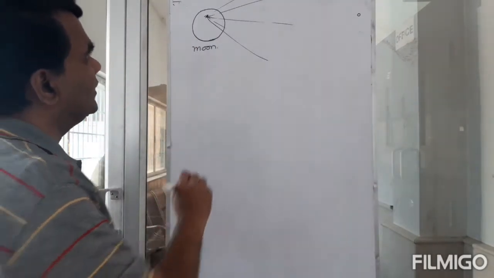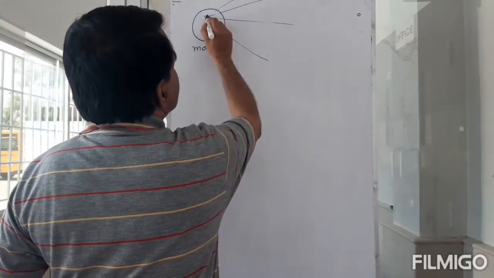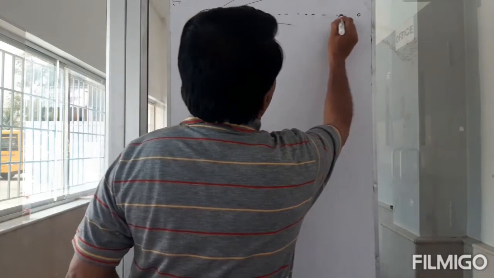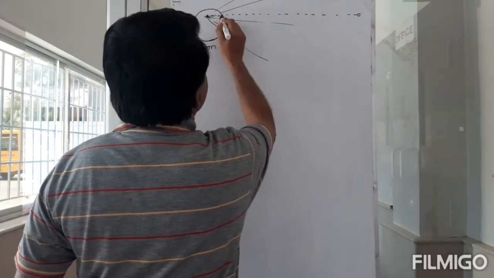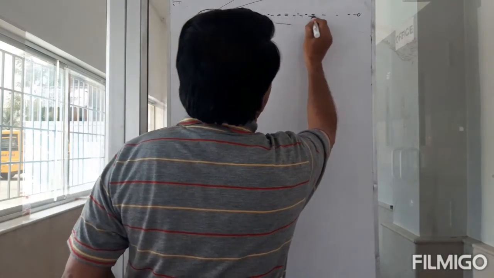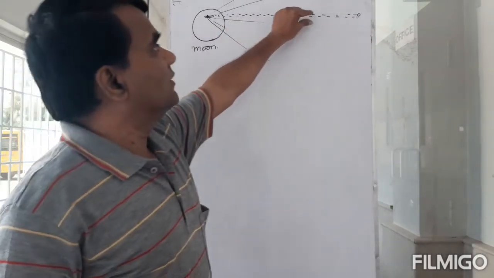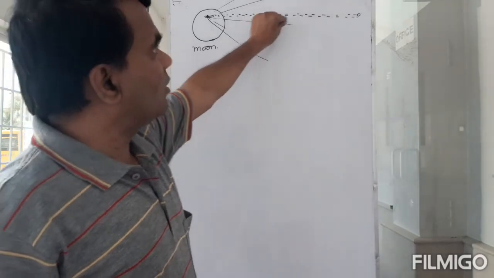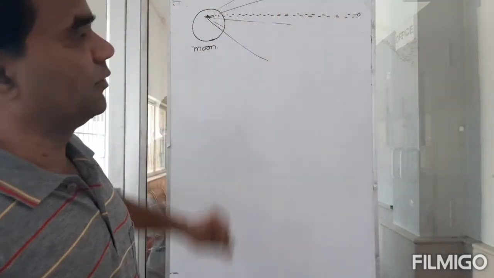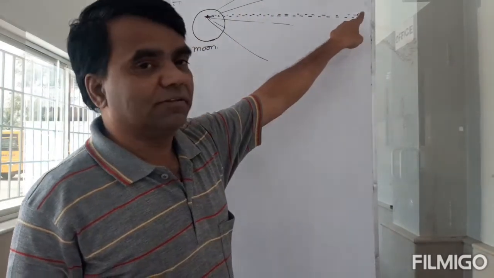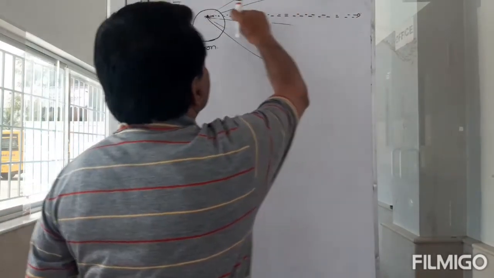And you see, from this point, let's look at the nature of the rays that reach me. See, these rays are almost parallel from that point. They're almost parallel, and then they reach me. So this point, okay,